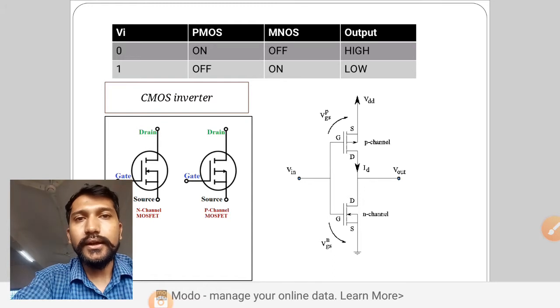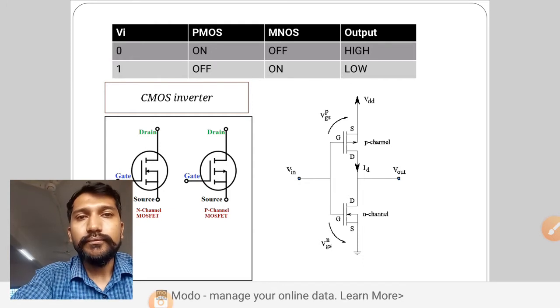There are three terminals: gate, drain and source, and it is a voltage control device. See in the PPT, the three terminals are gate, drain and source. In both cases, the gate and source terminals are connected together, and in the first diagram, the arrow is pointing inwards in the N channel MOSFET. When the arrow is pointing inward, that is called an N channel MOSFET.